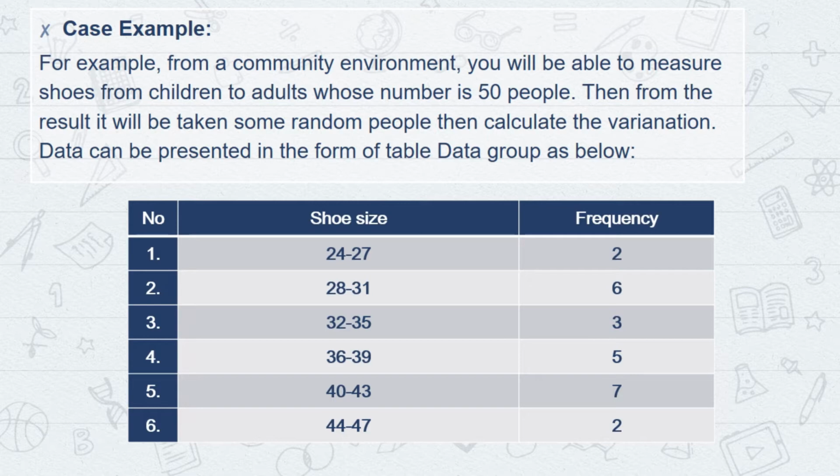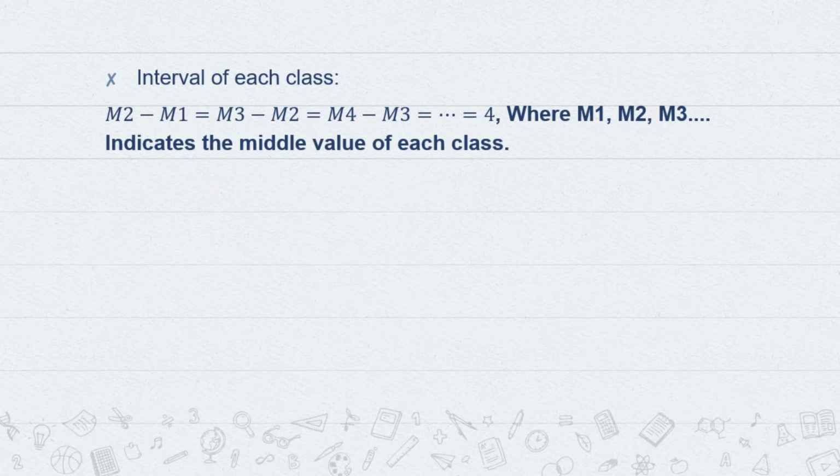To determine which formula to use, we can see the size of the interval of each class. Interval of each class: M2 minus M1 equals M3 minus M2 equals M4 minus M3 equals 4, where M1, M2, M3 indicate the middle value of each class. 29.5 minus 25.5 equals 4. 33.5 minus 29.5 equals 4. Because the magnitude of each class interval is 4, or C equals 4, then the formula we use is